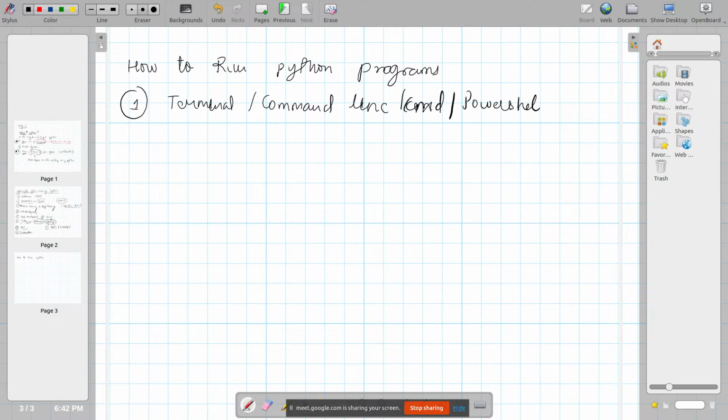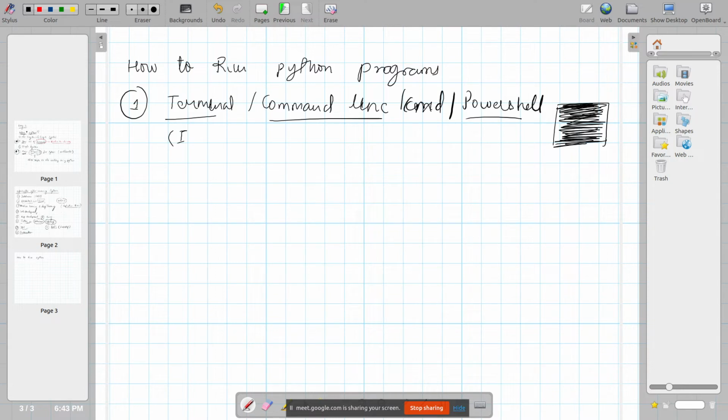So whatever you want to call it, you can just search these words, terminal, command line, PowerShell, in the search bar of your Windows, and you will get the application. A black screen will open, a complete black screen unless you have customized it, where you can execute the commands. So that is basically one way you can run it.